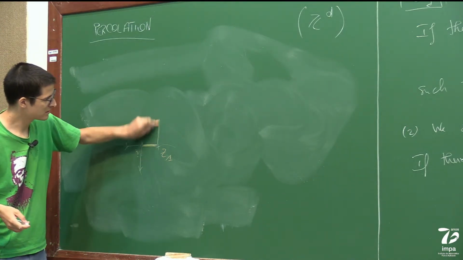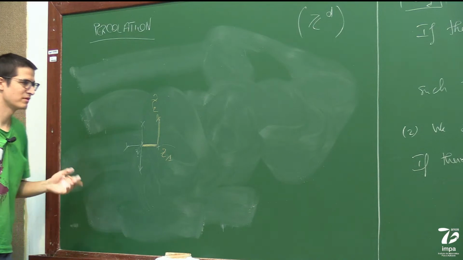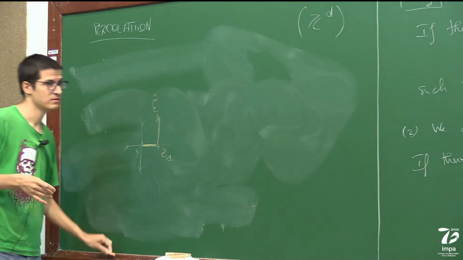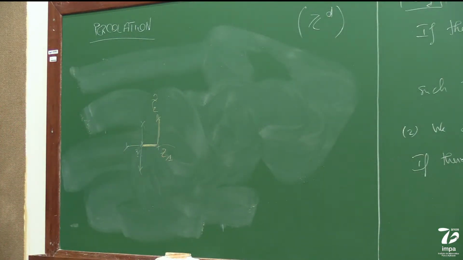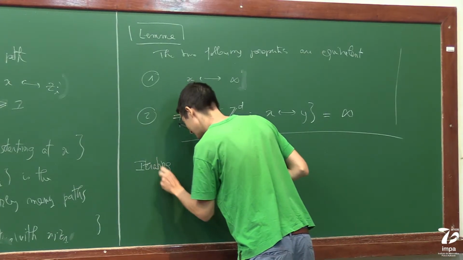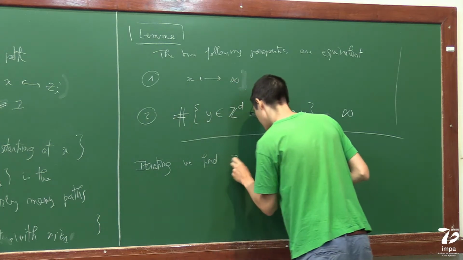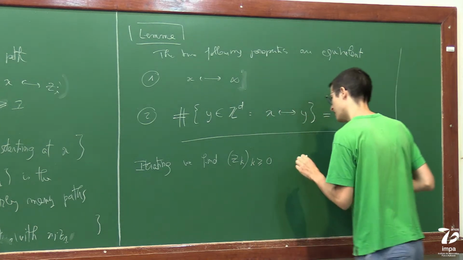So you can fix a Z2 that corresponds to infinitely many paths. And then you iterate this. Iterating, we find Zk, k larger than 0, such that